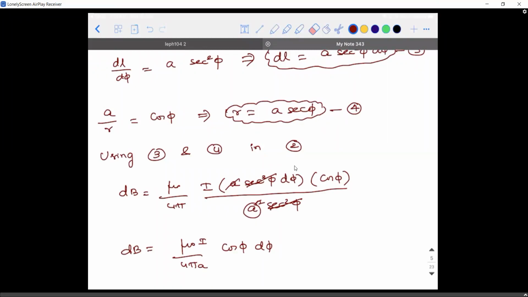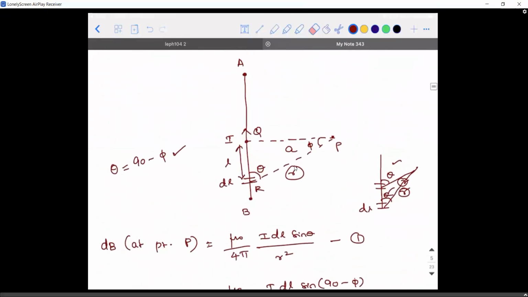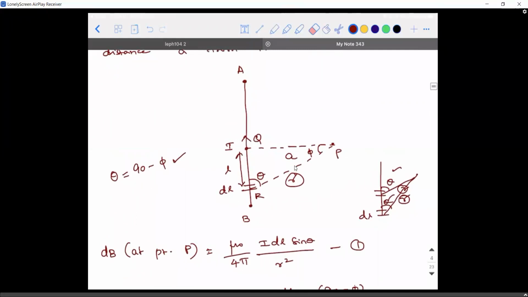Sir, can you see the diagram? Yeah. This one or the above one? The other one, sir. This one. Huh? Yes, sir. Thank you, sir. Sir, can you scroll the down?